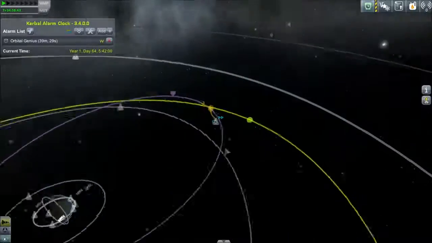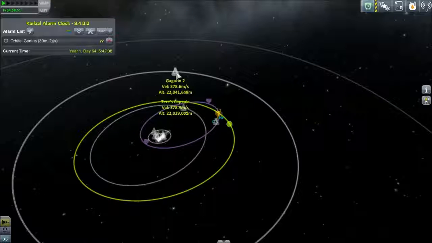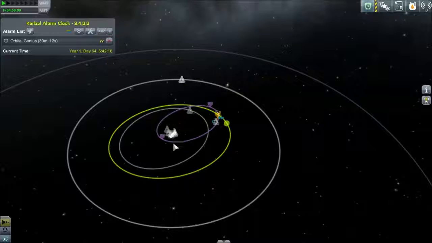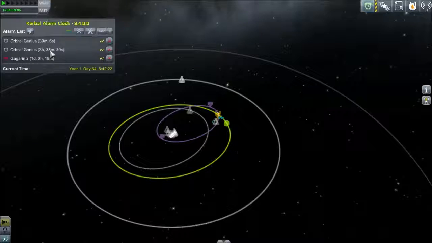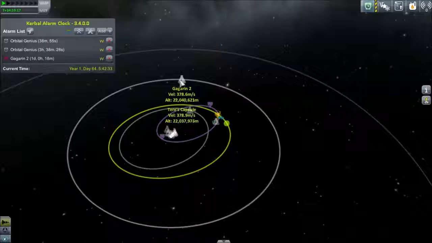Okay, we are back with the Savage Garden. We are close to our change in SOI, Sphere of Influence. I did manage to get the Gagarin 2 into the same orbit as Terry's capsule. I'm not sure if I can get it out of that orbit again into a Kerbin orbit, but I'll try that when it happens, and that's not going to be before one in-game day, because I set it up so the Gagarin 2 is slowly drifting towards Terra's capsule at I think 1.2 meters per second relative,